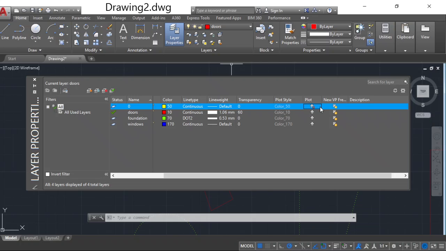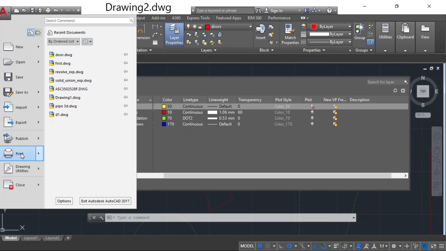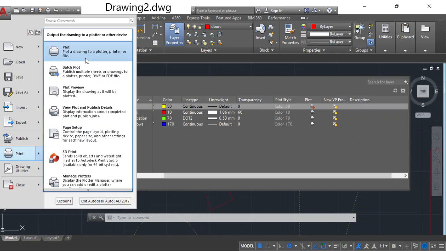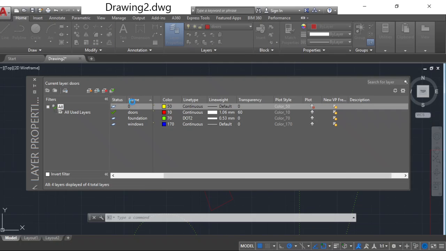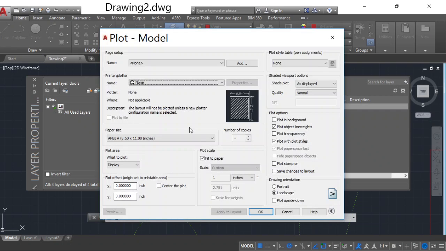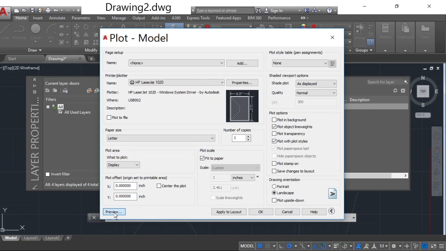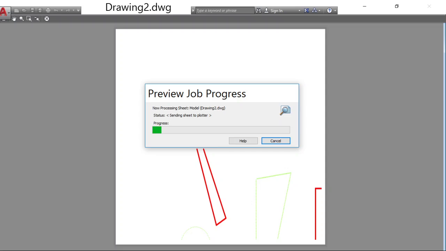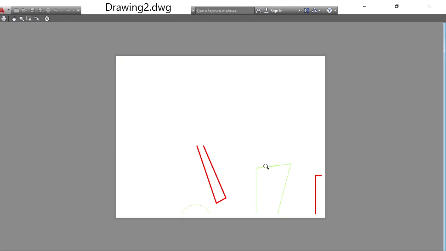After completion of the drawing, if you go to the print option, we are going to see the print preview. You can observe here in the print preview, it won't display these circles.